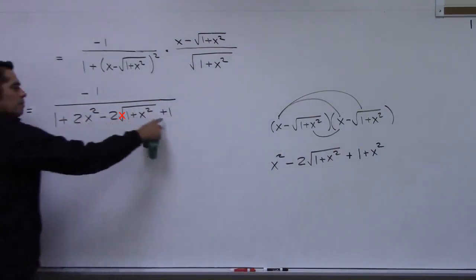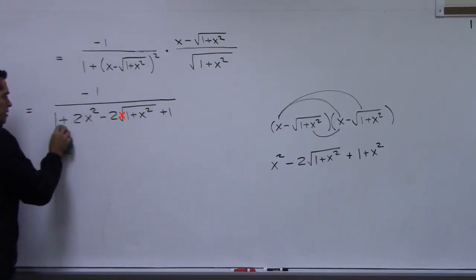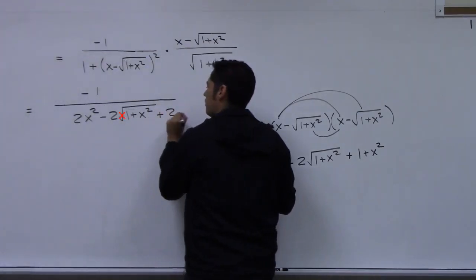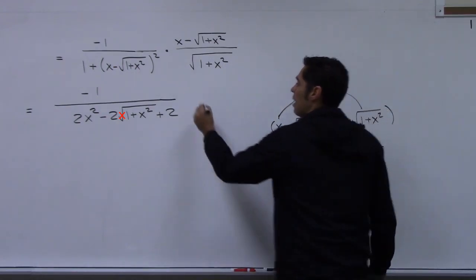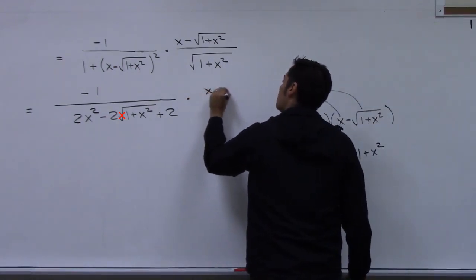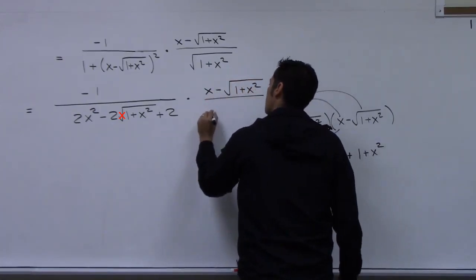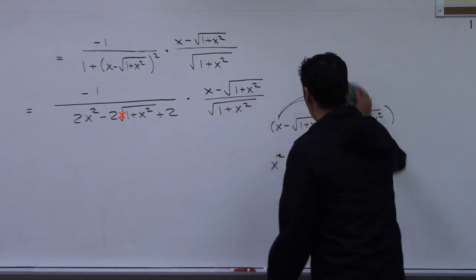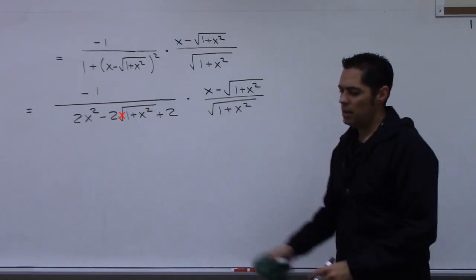Notice the plus 1, and the 1 plus 1 is going to be a 2. So let me do that. I'm actually going to do 1 plus 1 and make it a 2. I think I'll just erase it here and turn that into a 2. Just trying to save myself some time here. And then we still have times x minus root 1 plus x squared over root 1 plus x squared. I think we're getting close to something nice happening here. Let's now